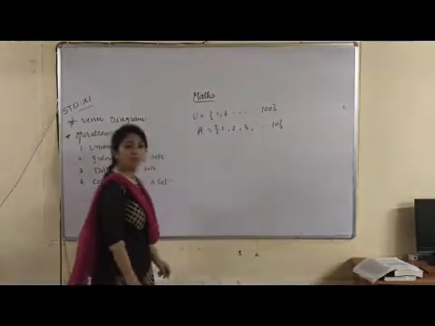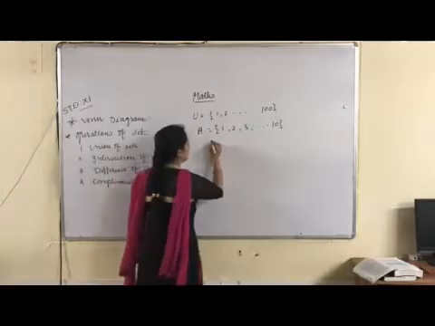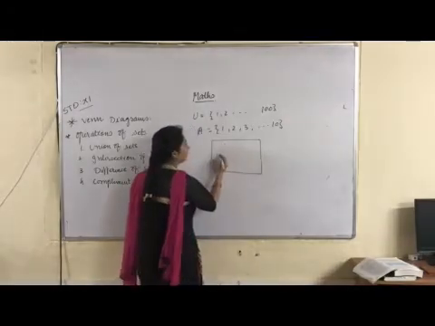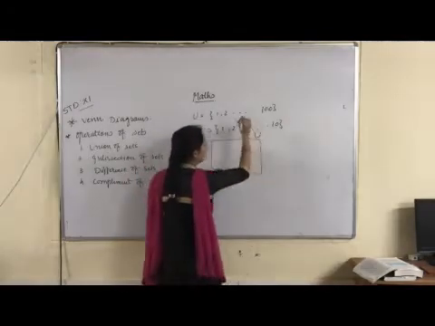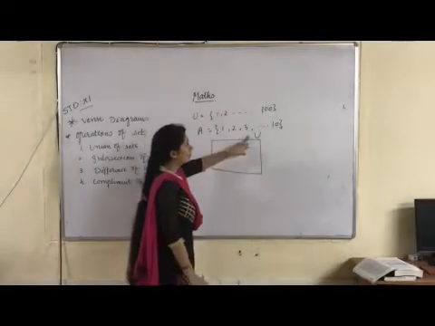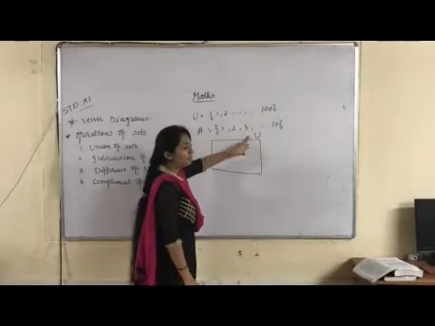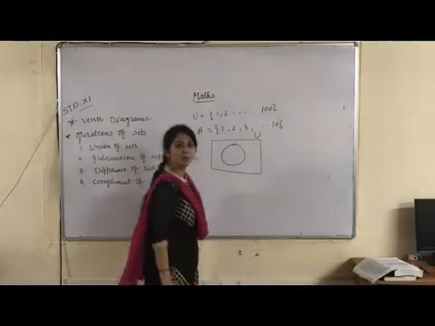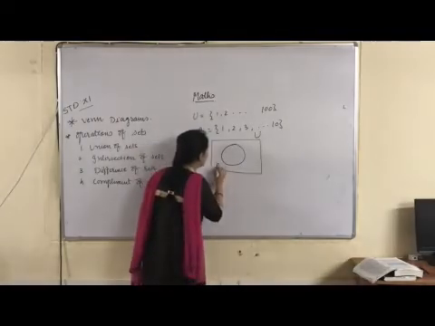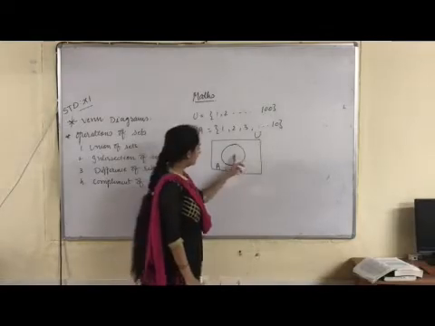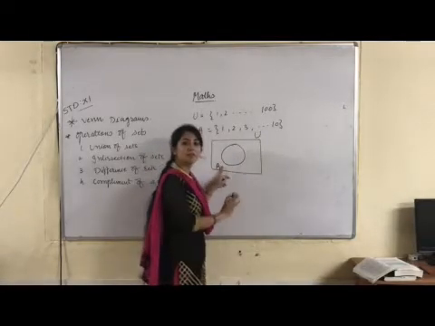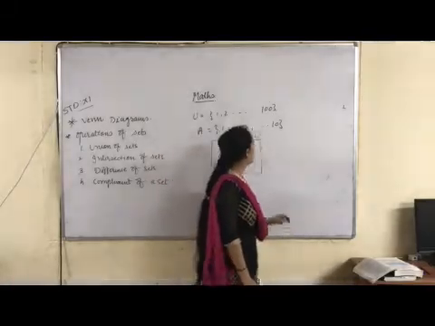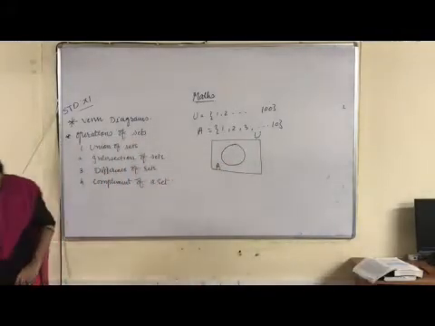How will I denote it? The universal set is generally denoted in a rectangular manner. Here we are labeling it with the symbol U. That is a universal set. This one is a subset of it, so I will draw it in a circular manner, that is set A. This representation of a set is known as a Venn diagram. This will be clearer when I explain its operations.